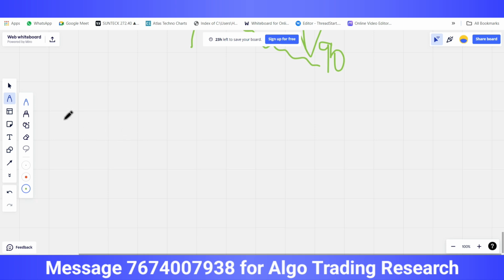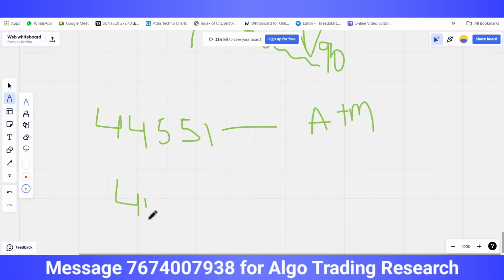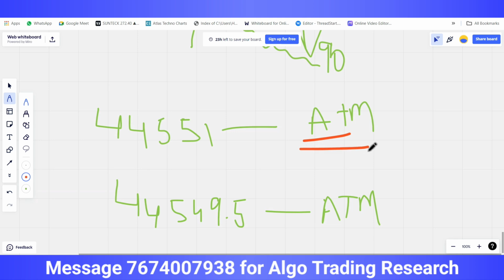Now let's say our spot price that is running is 44,551 rupees. So in this case, what will be the at the money strike price? And 44,549.5. Theoretically and logically, what is at the money for this and what is at the money for this? 44,600, in this scenario our at the money strike price will be in call